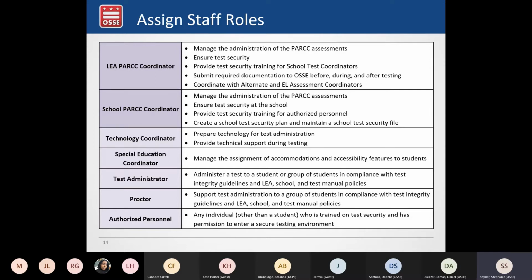The students in a virtual learning hub would be connected to their test administrator virtually and therefore be considered remote testers. And so it's up to the school or LEA whether they train the staff who are overseeing those hubs to actually be test administrators. But if they have not been trained, they would also not be considered authorized personnel for testing purposes.